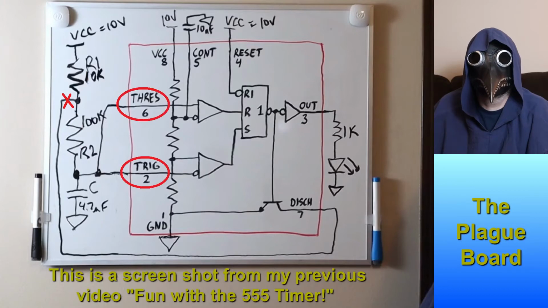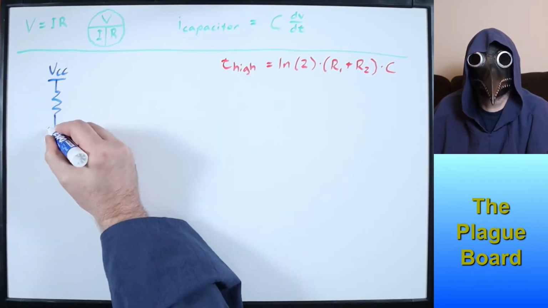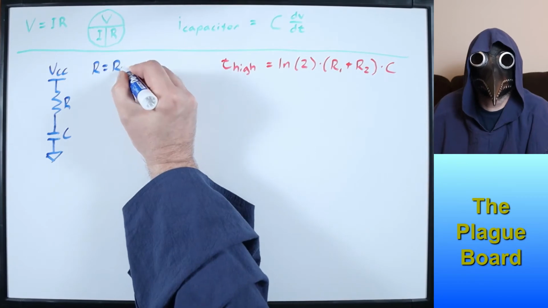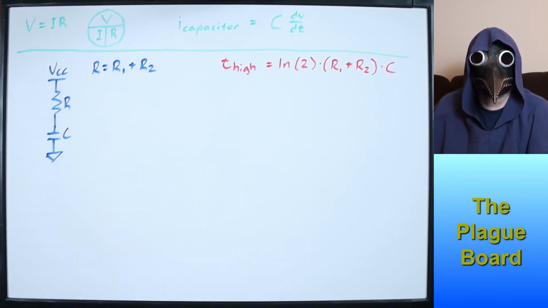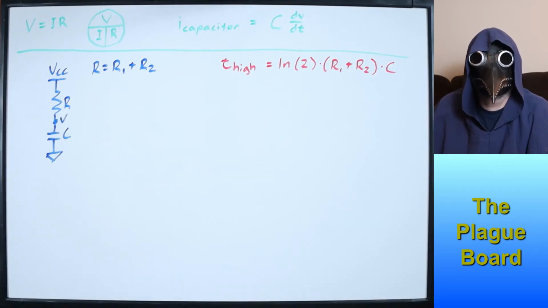We can consider the threshold and trigger pins on the 555 as high impedance inputs. Therefore, we don't need to worry about their effect in the circuit. Because of this, we can redraw the time high circuit like this, where R represents the sum of R1 and R2, and V is the instantaneous voltage across the capacitor. Remember, the capacitor starts to charge when its voltage decreases to 1/3 VCC and continues to charge until it reaches 2/3